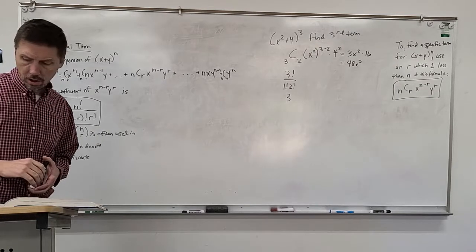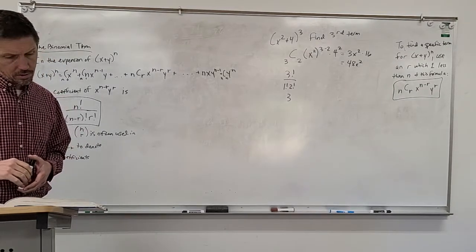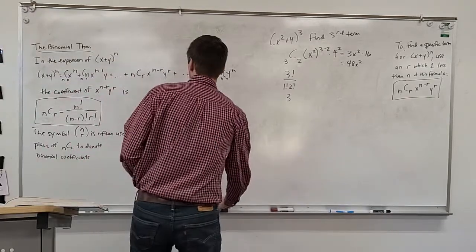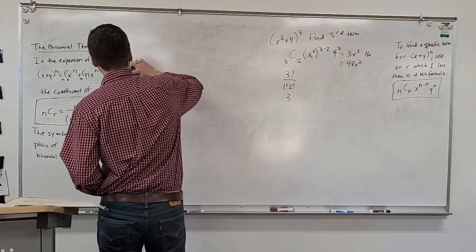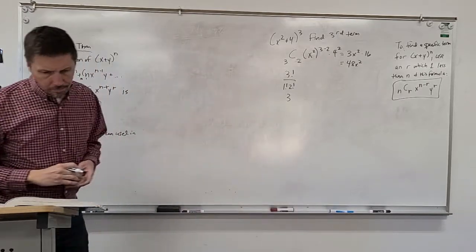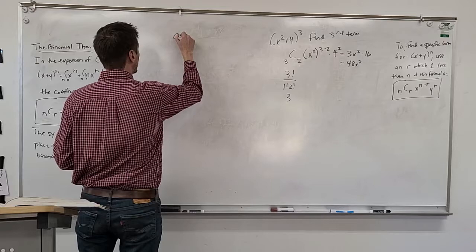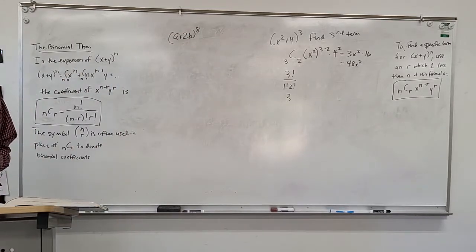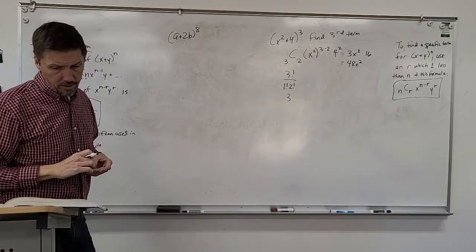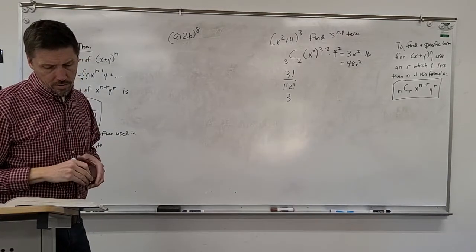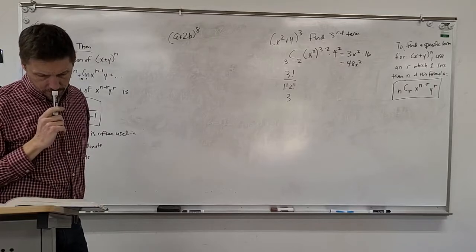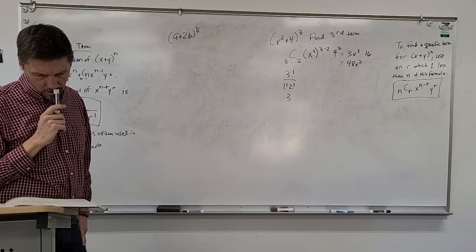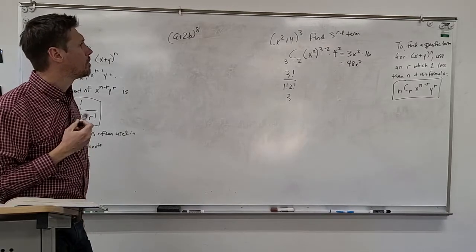Let's do one more like that, just to make sure that we've got it. Let's find the sixth term of (a plus 2b) raised to the 8th power. So we plug in all of our values from that where, okay, wait just a second, sorry. All right, yeah,